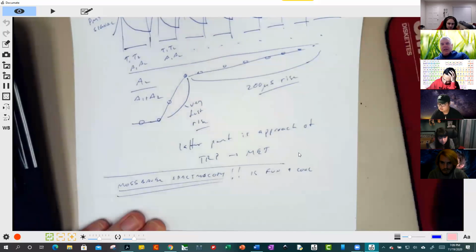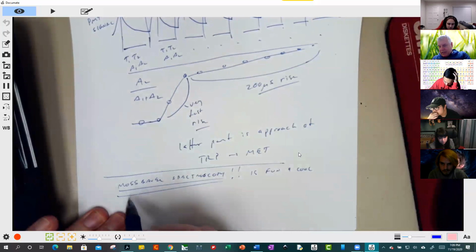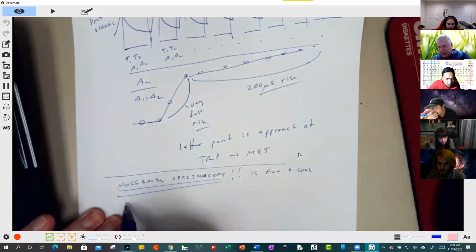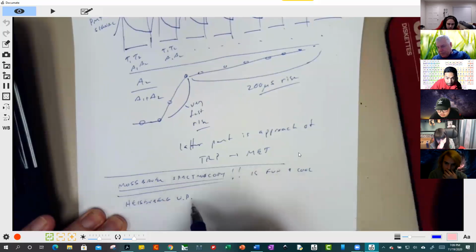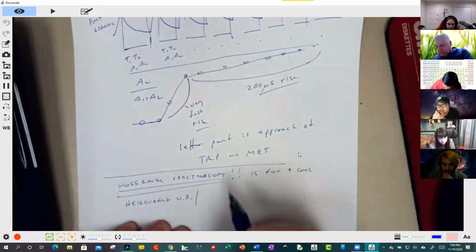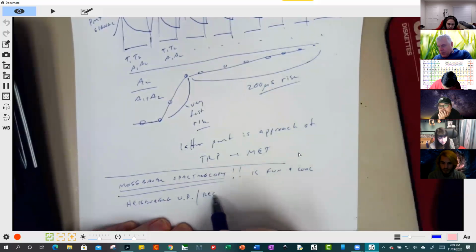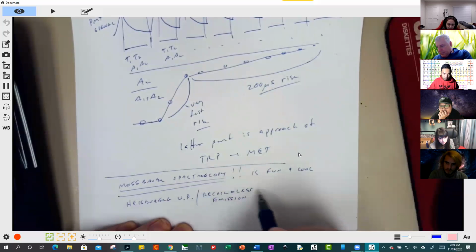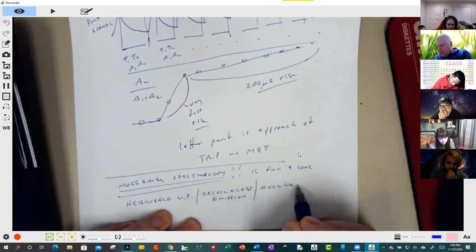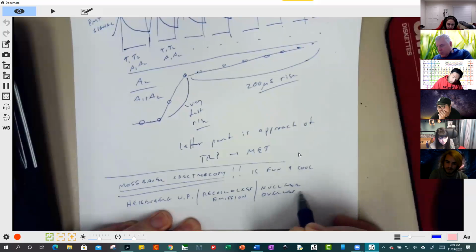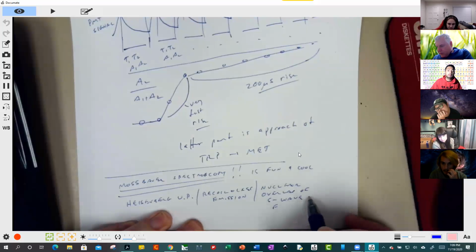And I'm going to describe an experiment that links all kinds of quantum mechanics: Heisenberg uncertainty principle, recoil-less emission, nuclear overlap of S wave functions, S electrons,